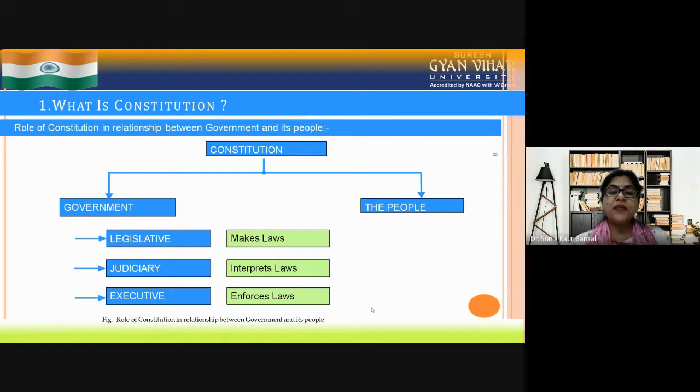Then the second part of the government is judiciary. And what is judiciary doing? It is interpreting the law and controlling the rights of the people. So it is also very important. And then executive, which enforces laws on people and on any land. That is the executive part of the government. So this is how legislative, judiciary and executive parts work all together to do brilliant work according to the constitution in any country or on any land.